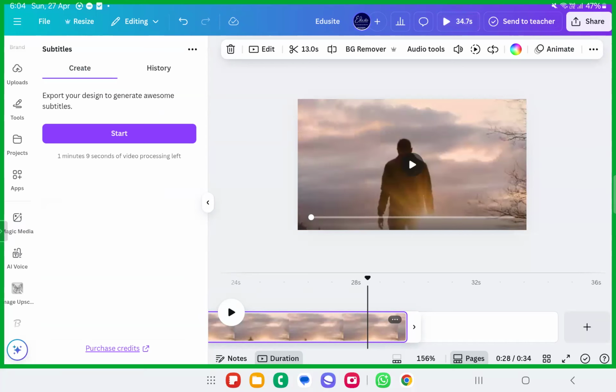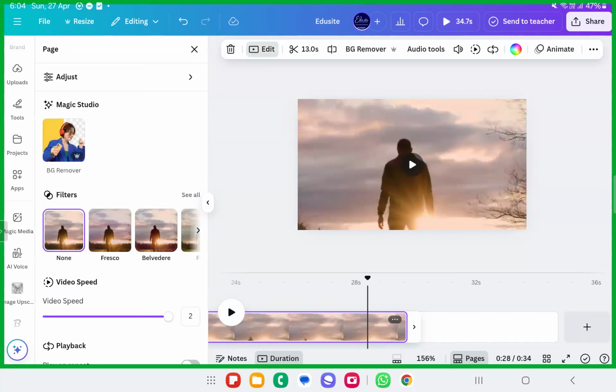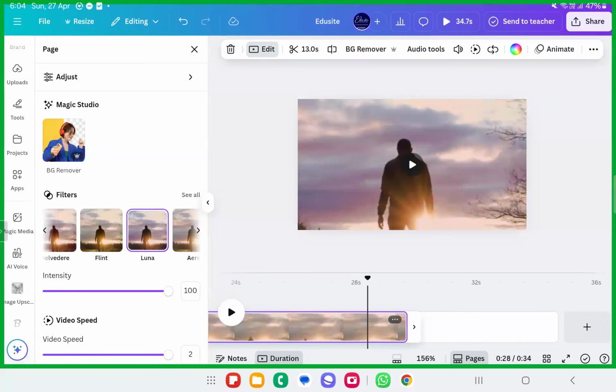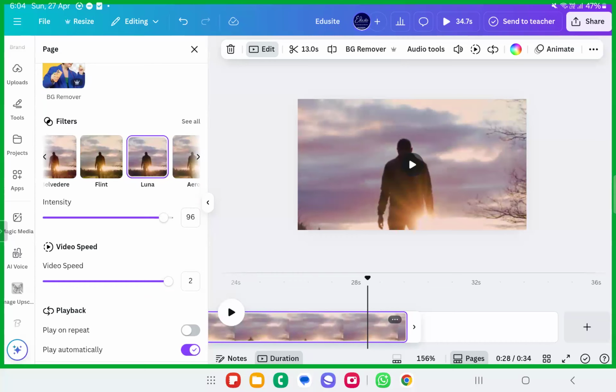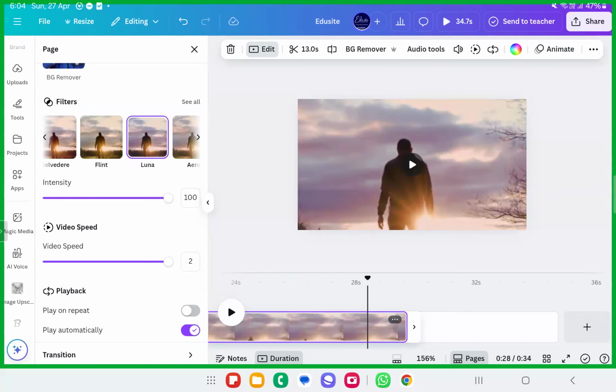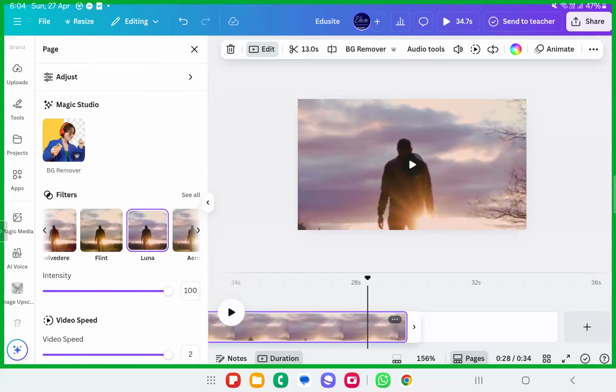Then there's something called how to add the effects to this. For example, this is the video. You can just edit this video very excellently. Go to the edit button. You can add filters to this, make this appear in a more gloomy way. You can lower the intensity, higher the intensity, and also there is something called adding the effects.